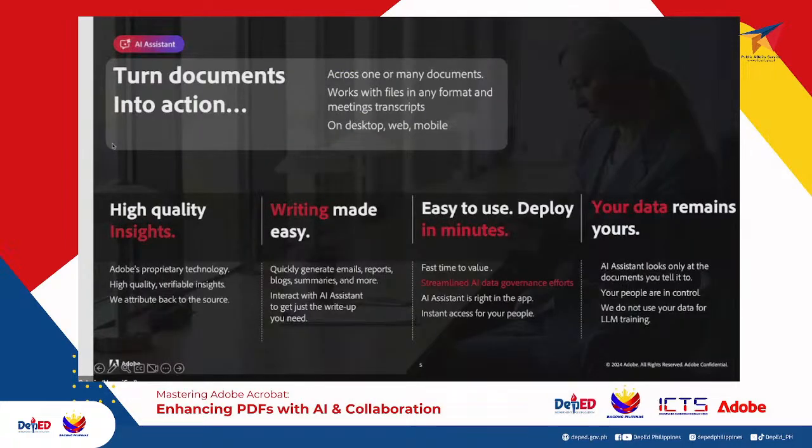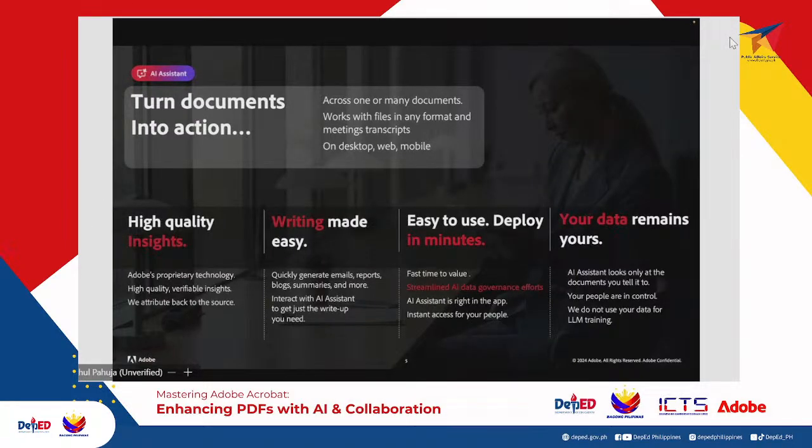Okay, so now the next capability which I want to talk about is the AI assistant. This is something that this pink purple box which you see over here, this is something which will pop up within your Acrobat interface as well if you have updated to the most latest version. AI assistant is Adobe's recent capability involved in helping you to get more insights from the document. Now, if you look at AI assistant, you should remember these 4 points which I am showing on screen. These 4 points will basically sum up what exactly we are doing from AI Assistant.